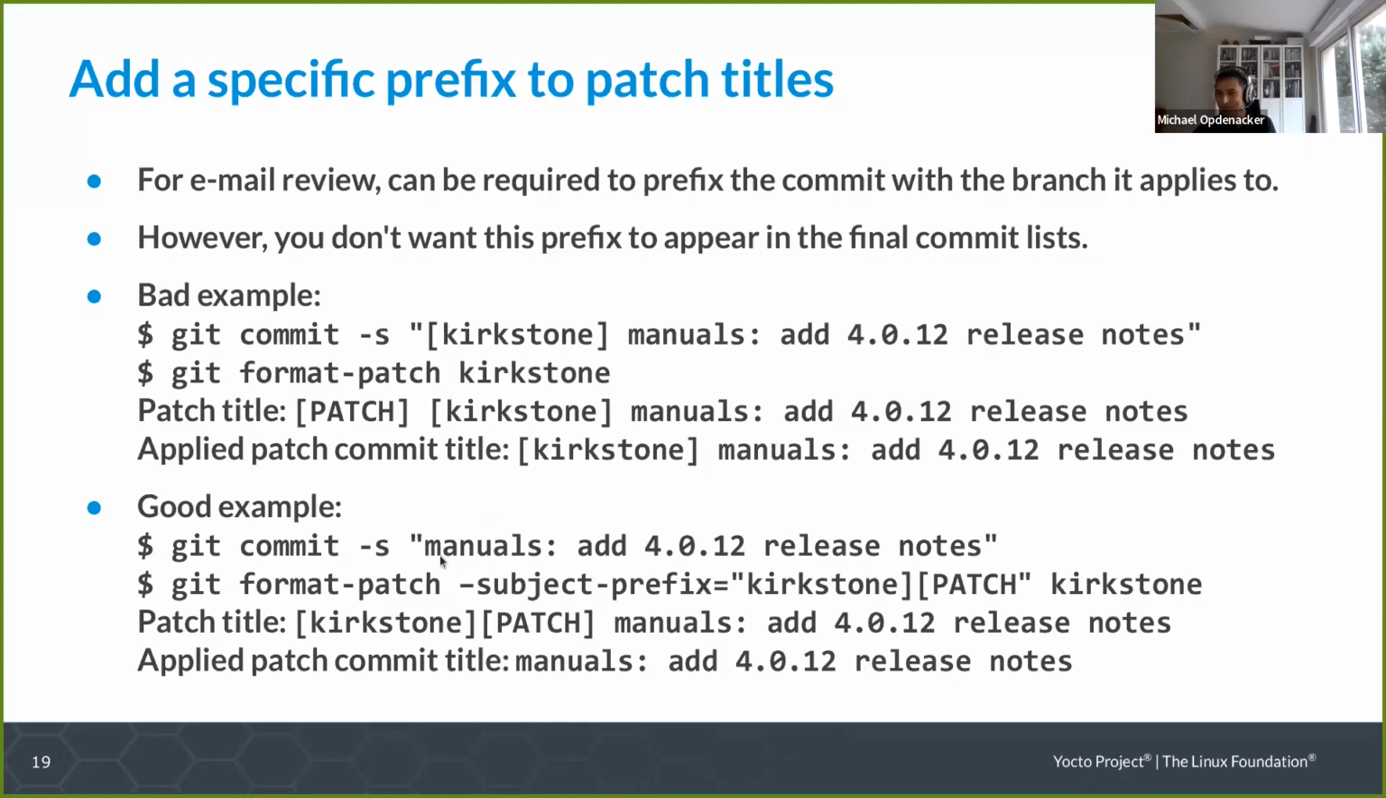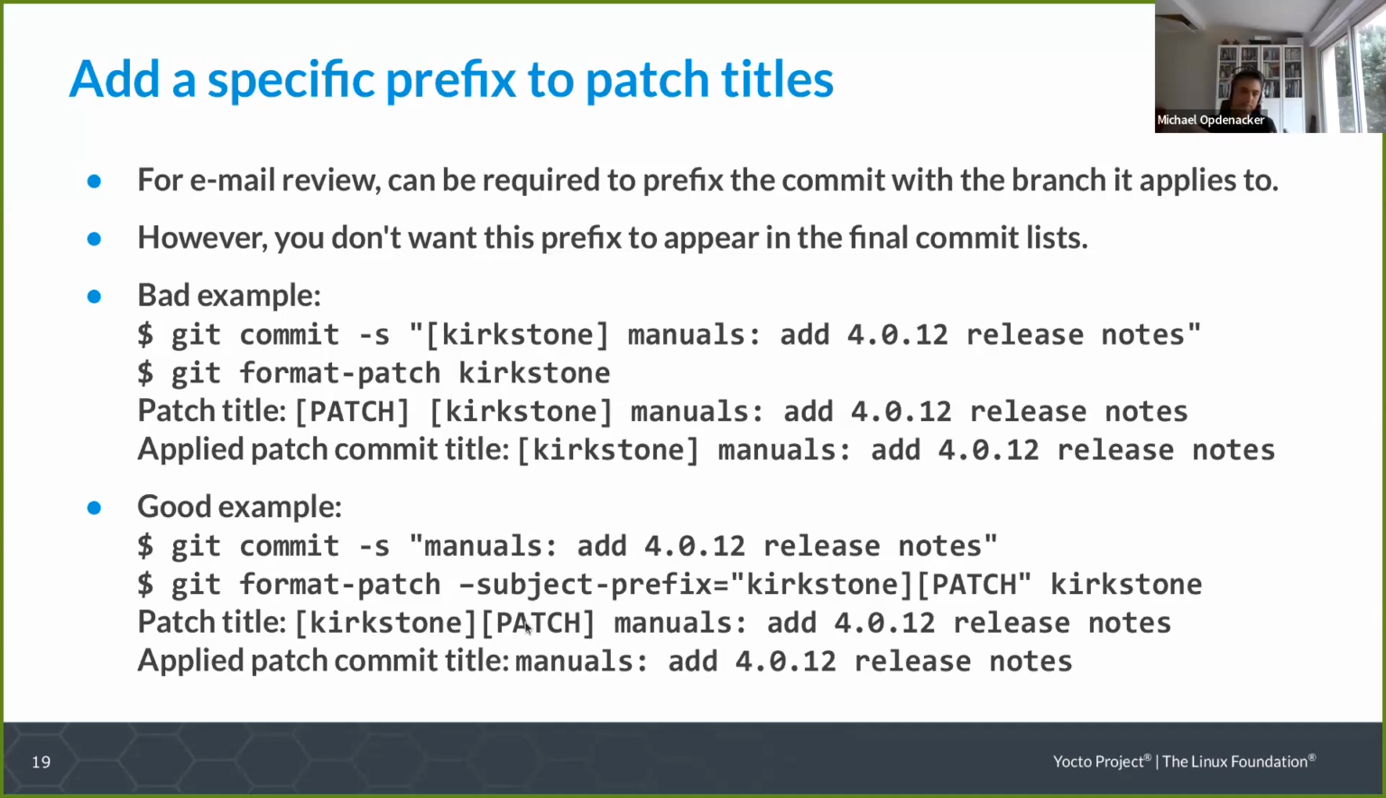was just to add a regular commit title. And it's only at git format-patch time, when you prepare the patch, that you add a specific subject prefix that would add the branch here with a closing square bracket and an opening square bracket PATCH. That will generate a correct patch. So here you have the branch name before the patch keyword,